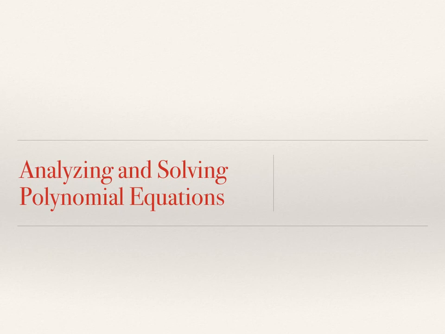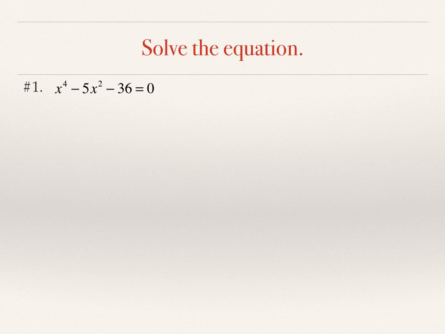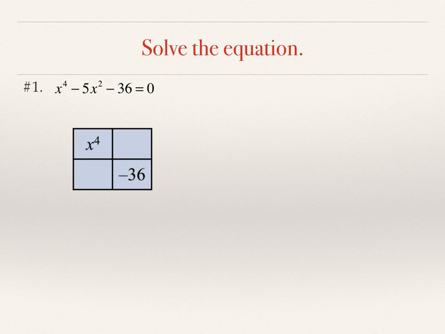Analyzing and solving polynomial equations. We have a trinomial here that we're asked to solve. So we're going to factor the trinomial using the reverse box strategy. We know that the term with the higher degree goes in the top left spot and the constant term goes